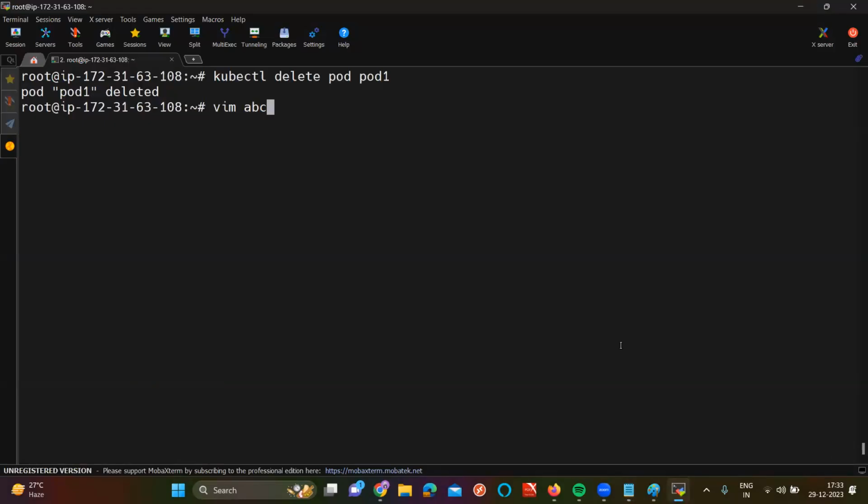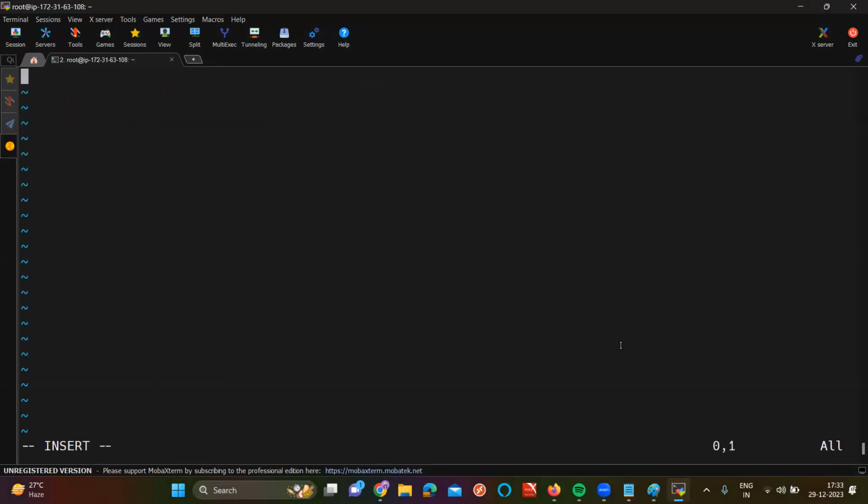Create a file, I am calling it abc.yml. API version. What is API version? Kind: what kind of object am I creating? Pod. In Pod, P is capital, and in apiVersion, V is capital. Metadata: you can give the name of the pod here. Name of the pod, I am giving it as pod1. And what is the one more thing? Spec, right? And guys, see, indentation is very, very important. Without indentation, it won't create.